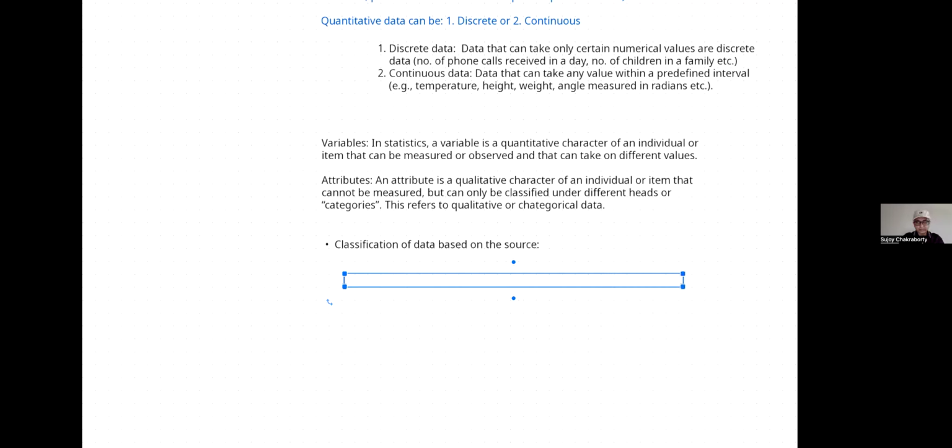For a specific purpose, and hence is original in nature, right? So when we directly collect the data from the field of inquiry for a given purpose, that is primary data,